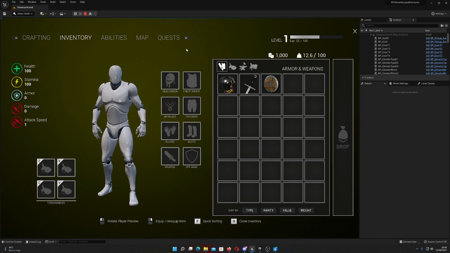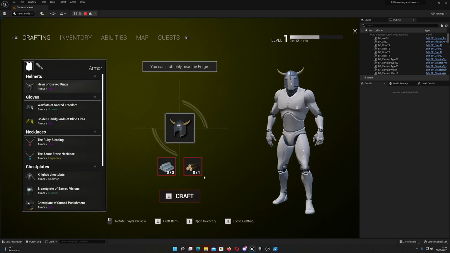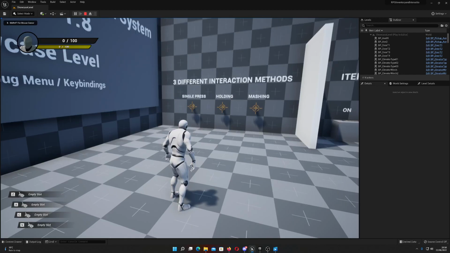Most of them should work, except for maybe the abilities. I'm not too sure how they work because I haven't had a chance to look into how the combat system's ability system works. But the map stuff and the quests should come just from the items you pick up, and the interactions and such should all automatically work now in the inventory system, and the crafting system does work as well. In fact, I'll go over to the